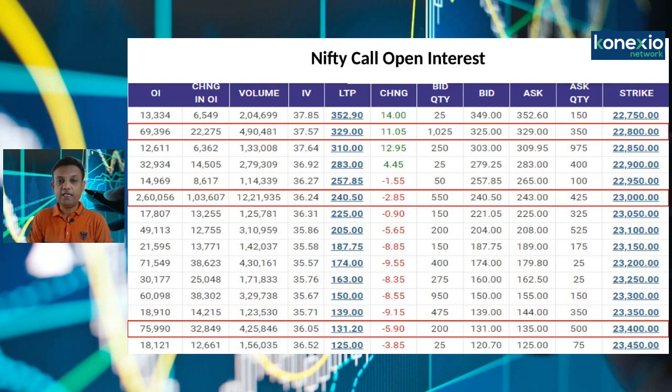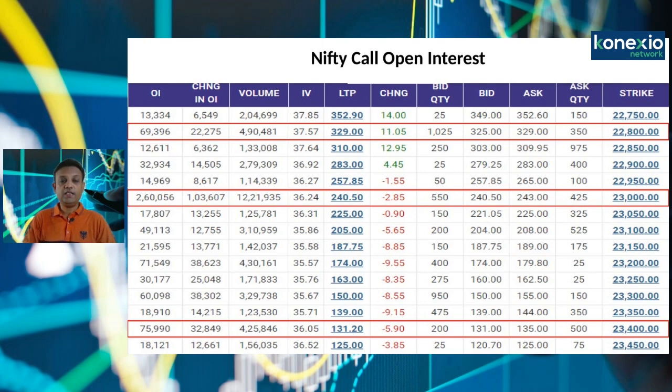Implied volatility is between, you can clearly see, 36 and 37.57. Now, the rise in the implied volatility, this is in the danger zone. So we might see volatility coming into the markets in the next week. So one needs to trade with strict stop losses because we might see high swings, at least specifically till Thursday.